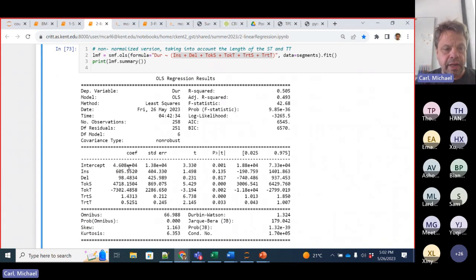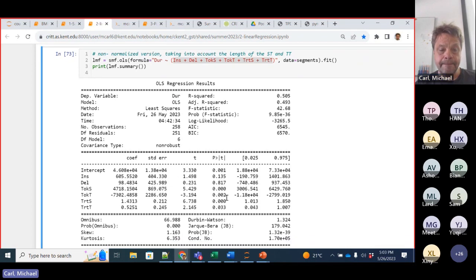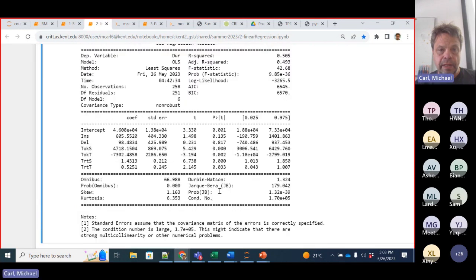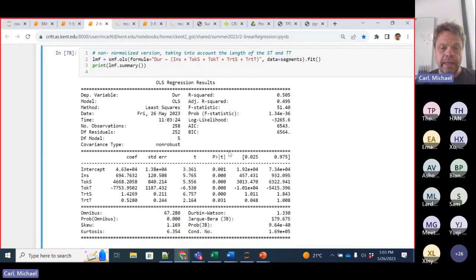And then we have these different kinds of variables. We can see that, for instance, the number of deletions does not seem to be significant. So it does not have a significant contribution to that whole analysis. So we can actually take this out. If we take this variable out,